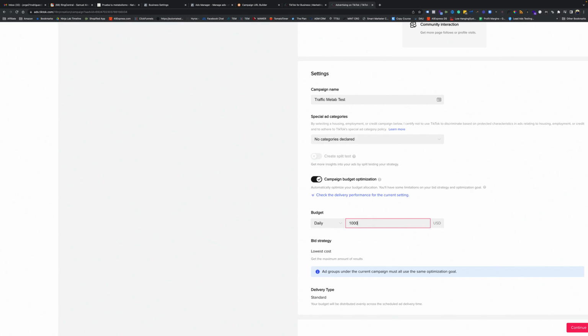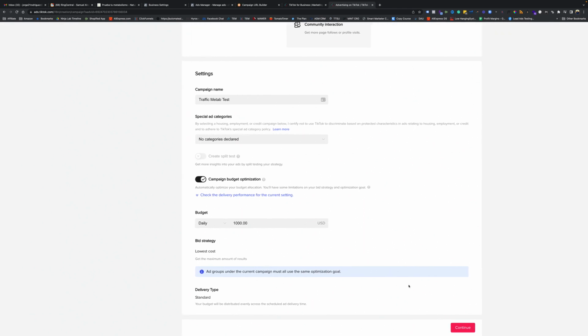Let's go ahead and put $1,000 on this. I want to spend money fast. So I want to gather data fast, so I'm spending more money. That's just the way it goes. You pay to play and you pay to gather data, right? We always look at this as an investment and not necessarily an expense or a waste, because if we got the wrong data or something, we can always learn from any data that we're getting. I'm not going to mess with the bid strategy, and let's just go ahead and continue